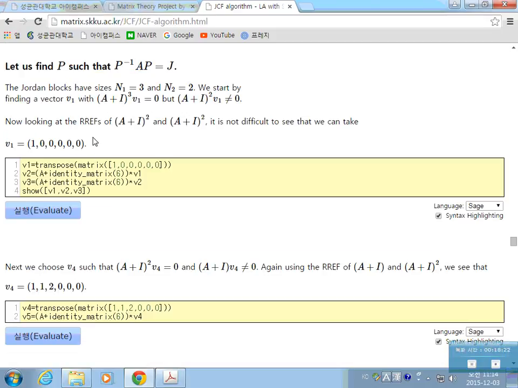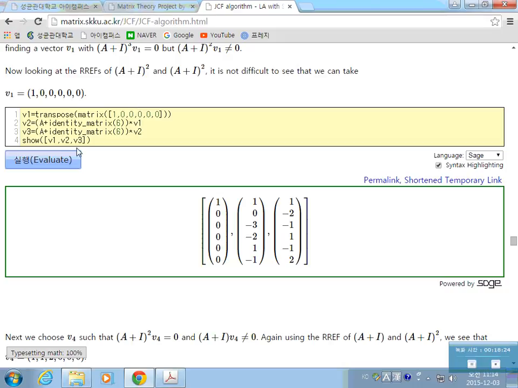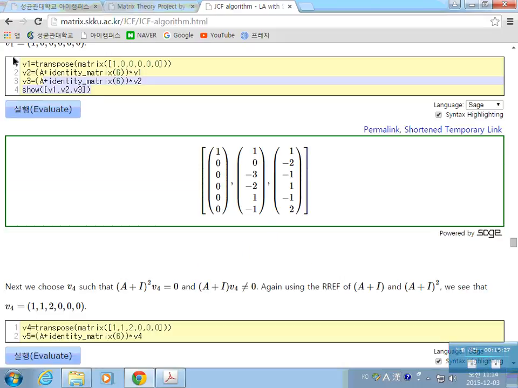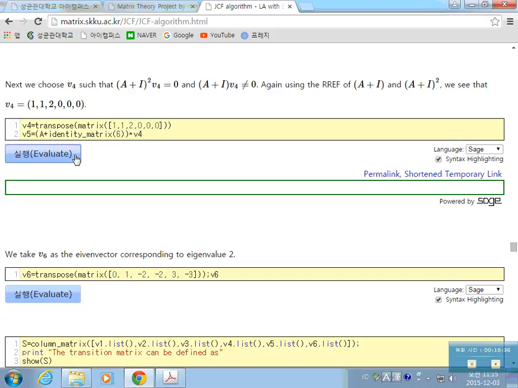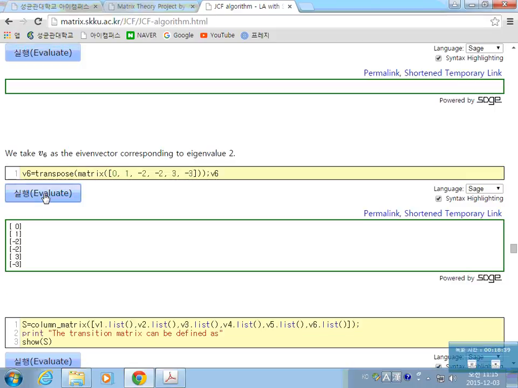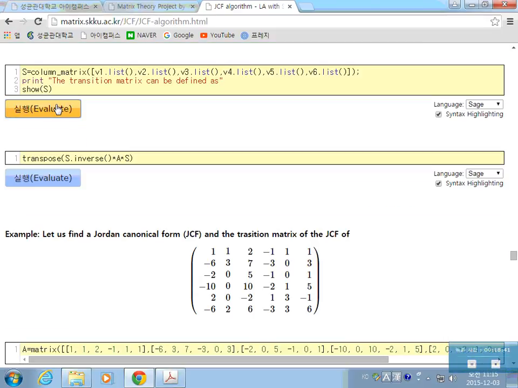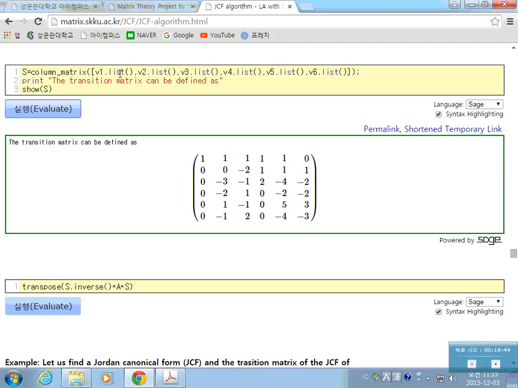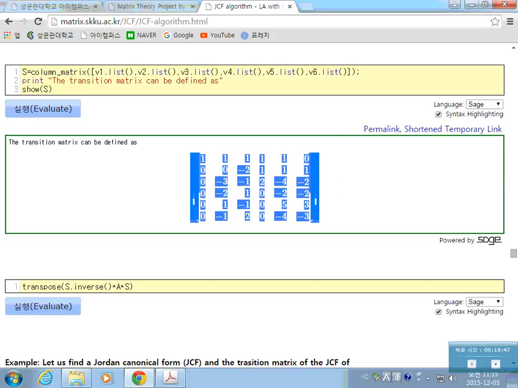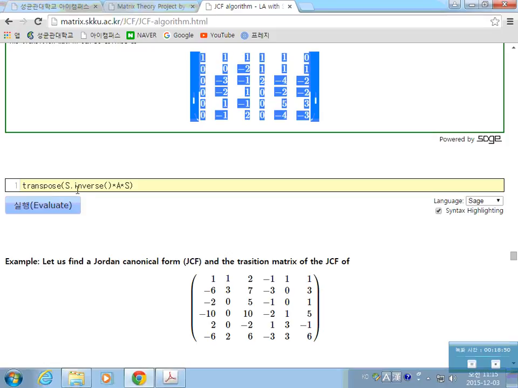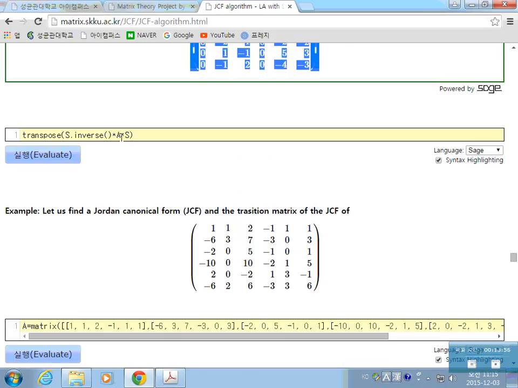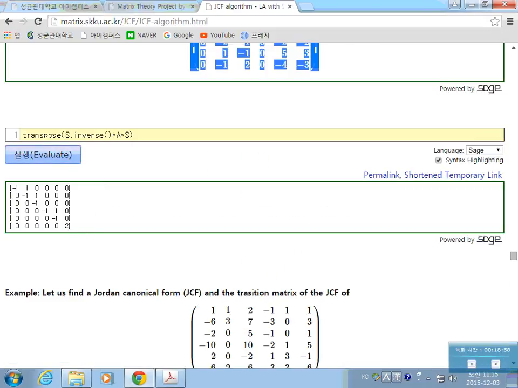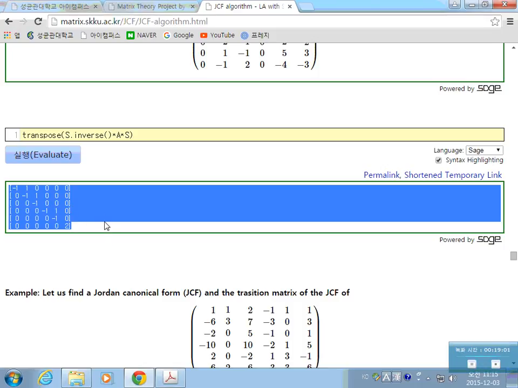This is the coding for finding the generalized eigenvectors. Finding the generalized eigenvectors with this gives us the first one and the other two vectors, which make generalized eigenvectors. Form a column matrix with those 6 vectors, so that we now have a transition matrix P. So think about S inverse times A times S, which is this. As you see, this is a Jordan canonical form of the given matrix.